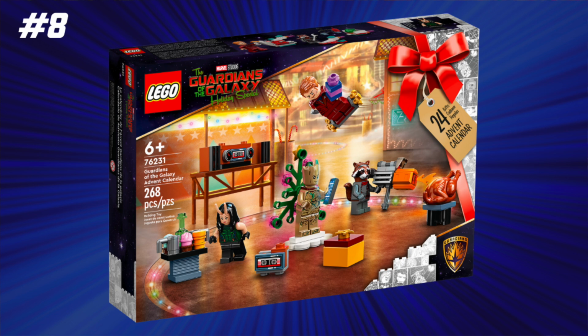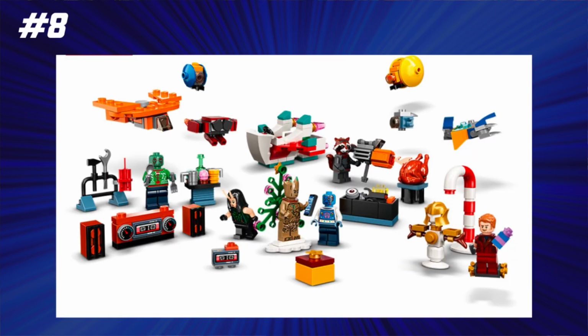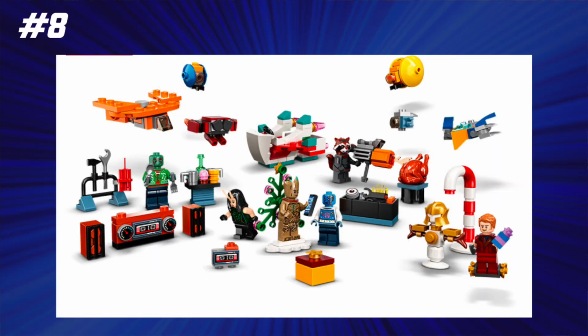Now, this is another weird one that I'm not really sure deserves to be on the list, but it was $45 when it came out last year in 2022, and it had 268 pieces with 6 minifigs, 2 of which were the Drax and Nebula Christmas exclusives. The price per piece ratio is about 17 cents per piece, and that's not awful, but like 268 pieces, it's not great for $45,